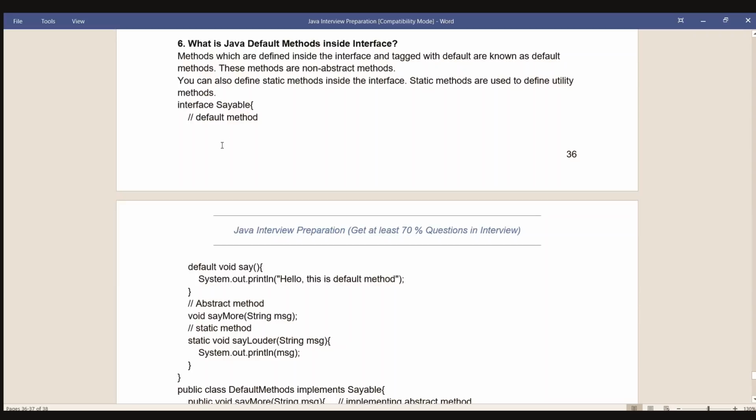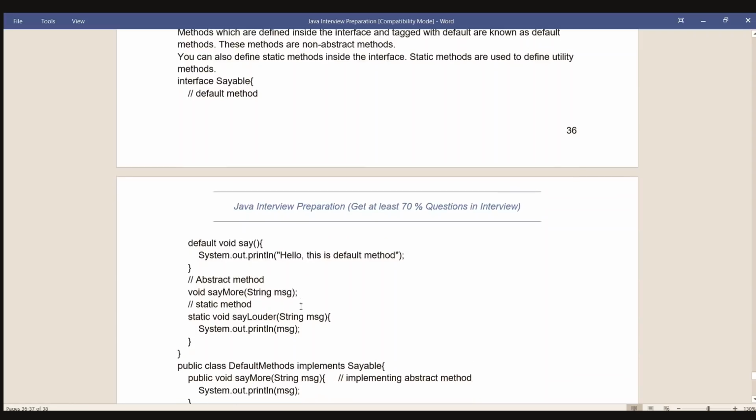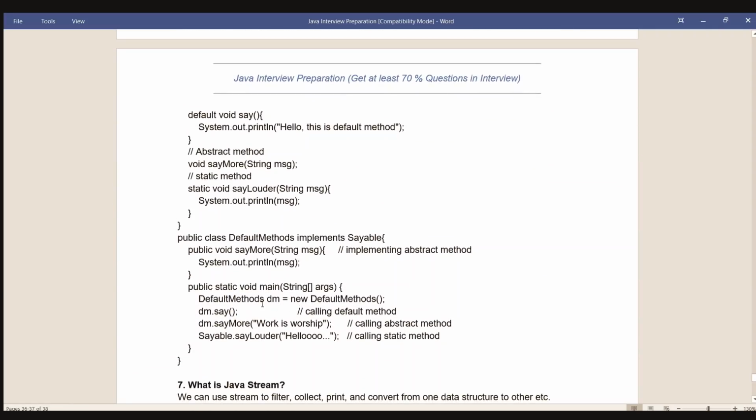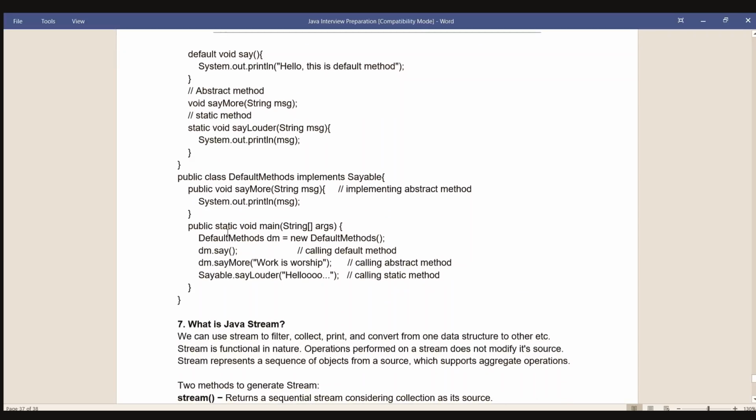Interface Sayable. // Default method: default void say() { System.out.println("Hello, this is default method"); } // Abstract method: void sayMore(String message); // Static method: static void sayLouder(String message) { System.out.println(message); }